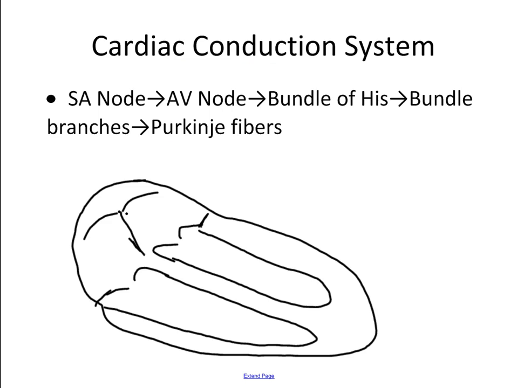And remember the cardiac conduction system. It's important to go back over this again. Remember that there's a handful of structures in the cardiac conduction system. The SA node, sinoatrial node, which is located in the upper portion of the right atrium. And then we've got an AV node with a bundle called the bundle of His that projects into